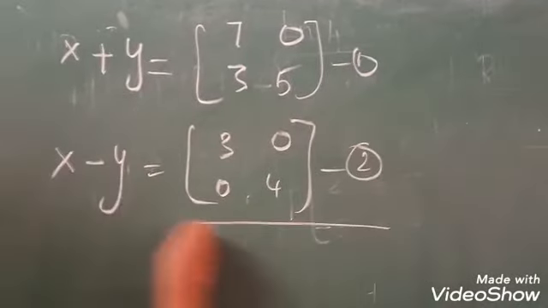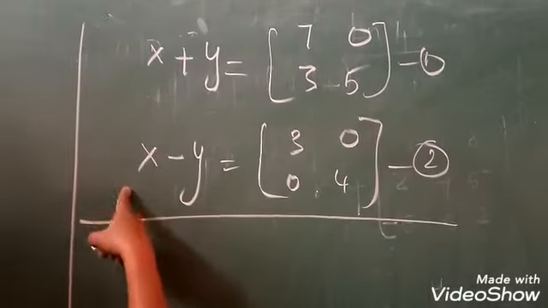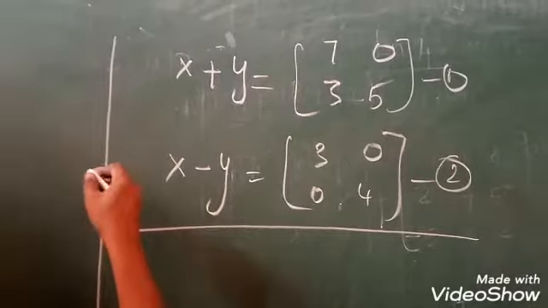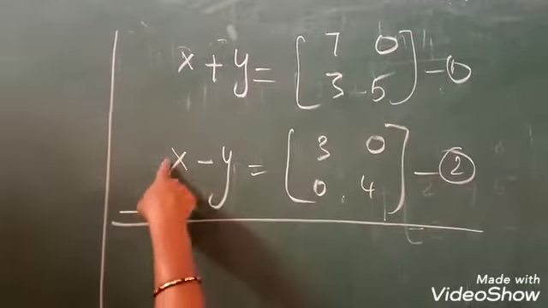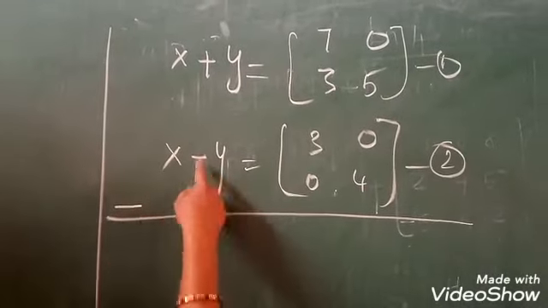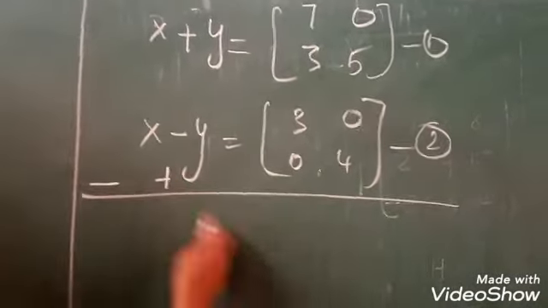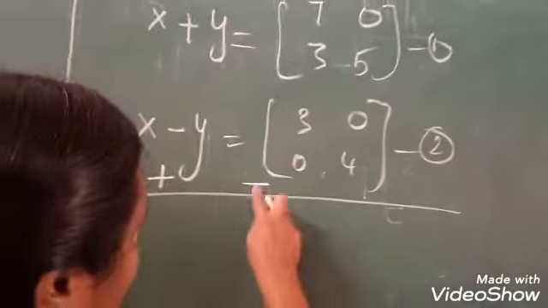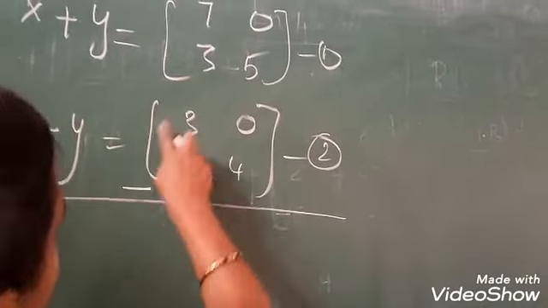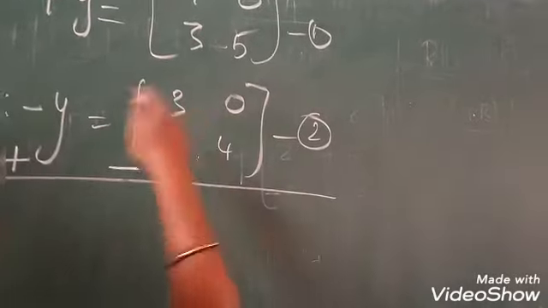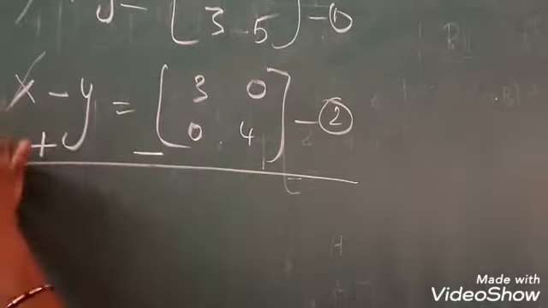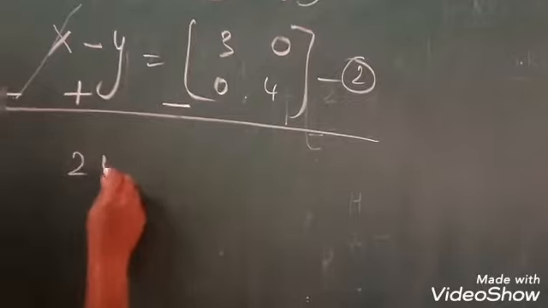Okay, now I am going to eliminate x. Here the same sign, so I am changing the sign. Here the plus sign should be changed into minus, here the minus should be changed to plus, here also minus. The minus is inside all the elements, or otherwise this matrix should be a negative matrix. Okay girls, now you have to cancel the x, now add y, 2y will come.